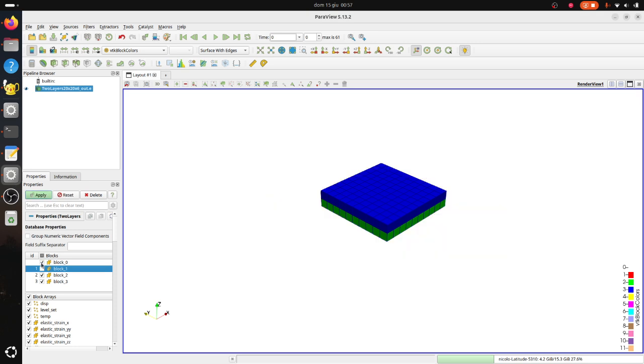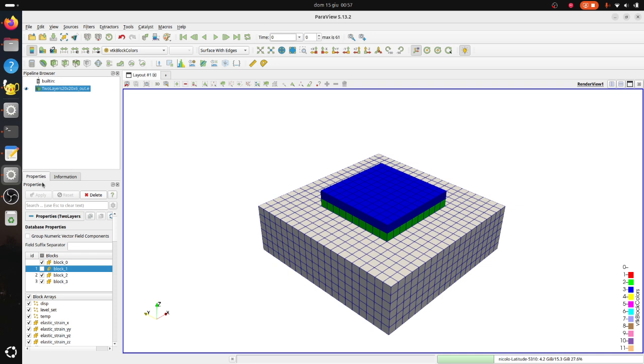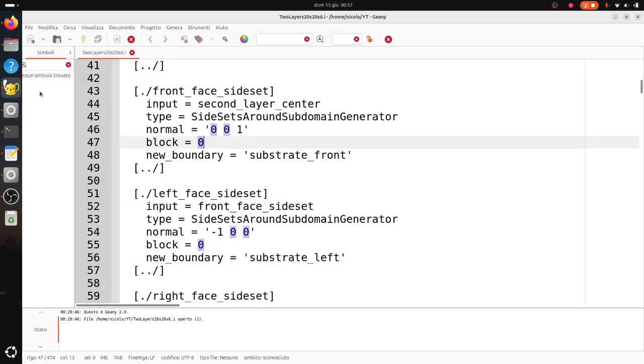So you can see what I'm doing here is essentially creating a side set around block 0 based on normal. So the 0 0 1 will be a side set which is called substrate front,